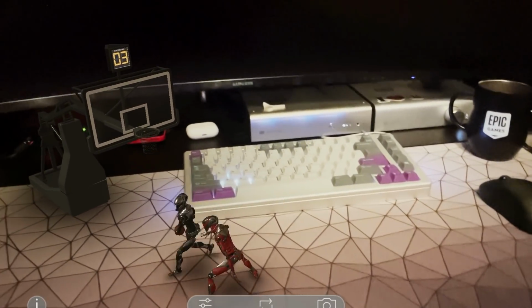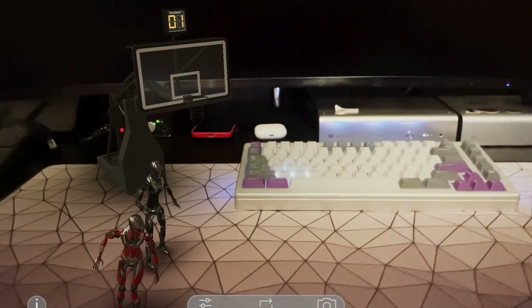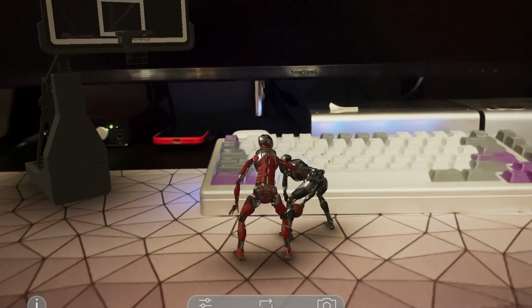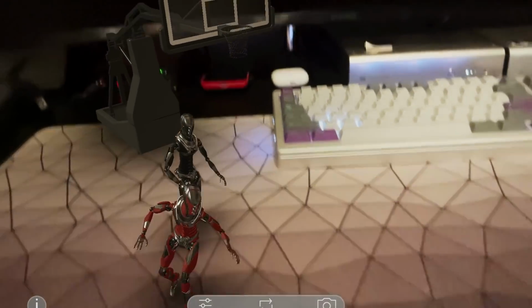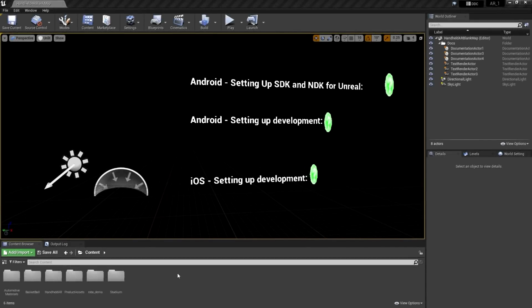So it's really cool, and we're going to tap into that with a little bit of blueprint code. So let's go ahead and jump into the editor, and I'll show you how this is all done. Here we are in the editor, and the first thing that we're going to be working on is using Control Rig to generate those contact shadows that tracked the feet as well as the character's hips.